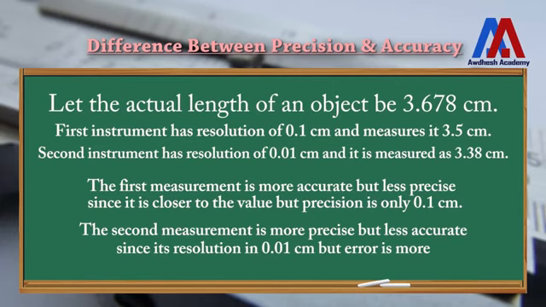And therefore, if we have to choose one of the instruments, then generally we will go for the first instrument because it is giving you less error. So I hope you have understood what is the difference between accuracy and precision. Precision is basically a quality of the instrument. In the second case, the precision was higher because its measurement was 0.01. But in the first case, the accuracy was higher because it was able to measure the dimension which is closer to